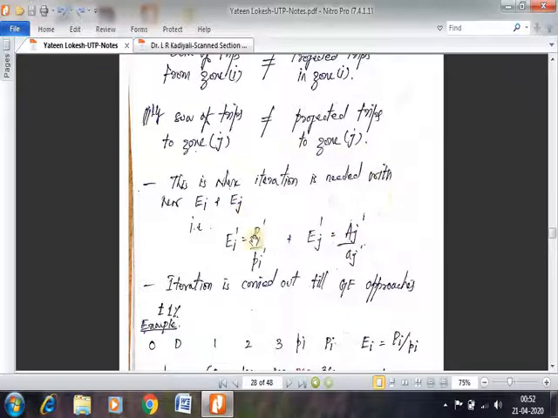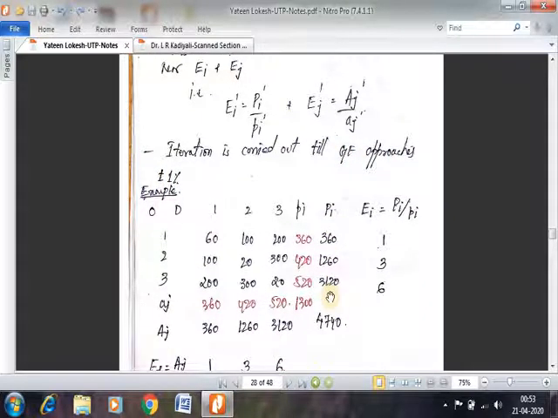So this iteration process, wherein you are getting new growth factors, will be used to recalculate the contents in it, and the process of recalculation is called iteration. So that iteration is carried out till the growth factor approaches plus or minus close to 1. Okay, so this concept would be much clearer to you when we start discussing the problem